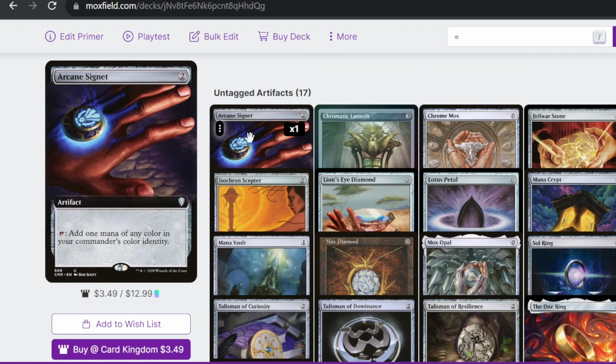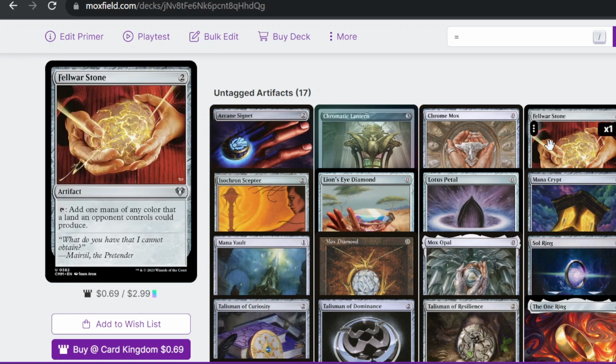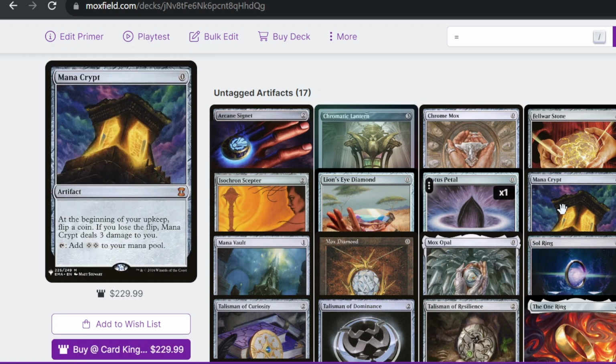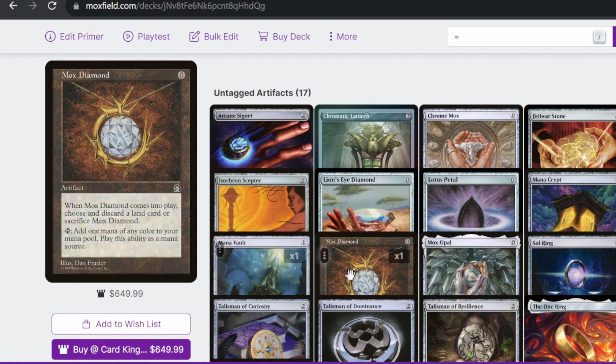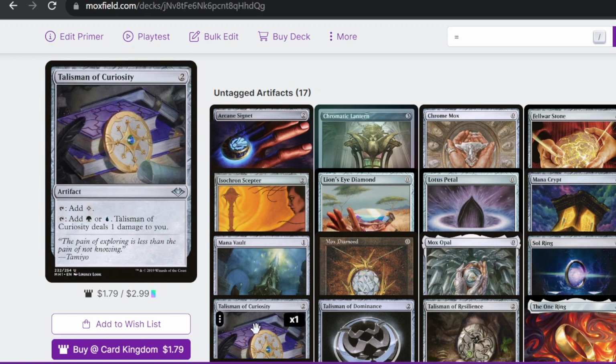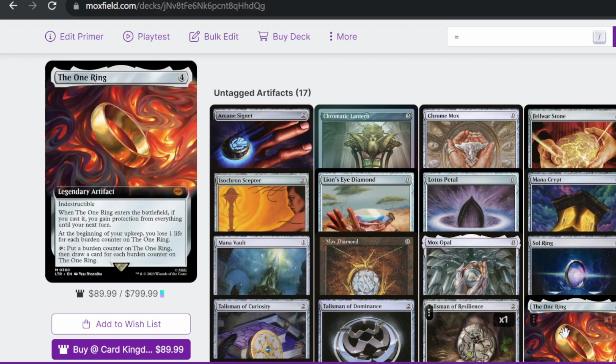Now we're moving on to the artifacts. We have 17 artifacts. It's kind of artifact heavy. I mean, most CDH decks kind of are. So we got Arcane Signet, Chromatic Lantern, Chrome Mox, Fellwar Stone, Isochron Scepter, Lion's Eye Diamond, Lotus Petal, Mana Crypt, Mana Vault, Mox Diamond, Mox Opal, Sol Ring, Talisman of Curiosity, Talisman of Dominance, Talisman of Resilience, and the One Ring